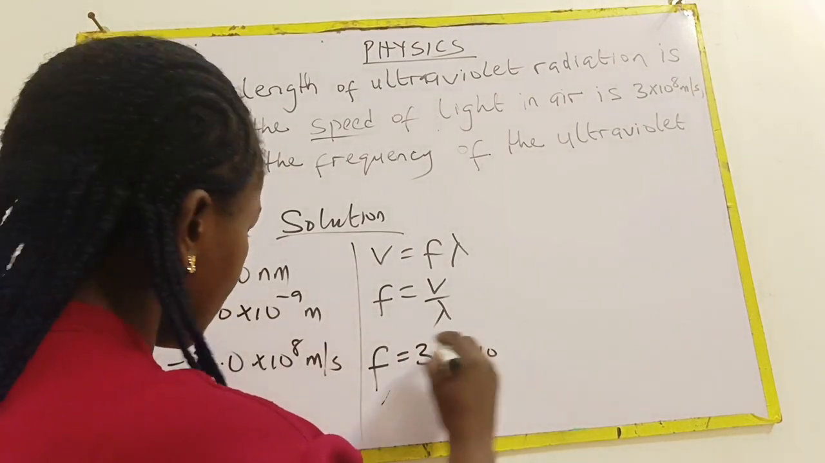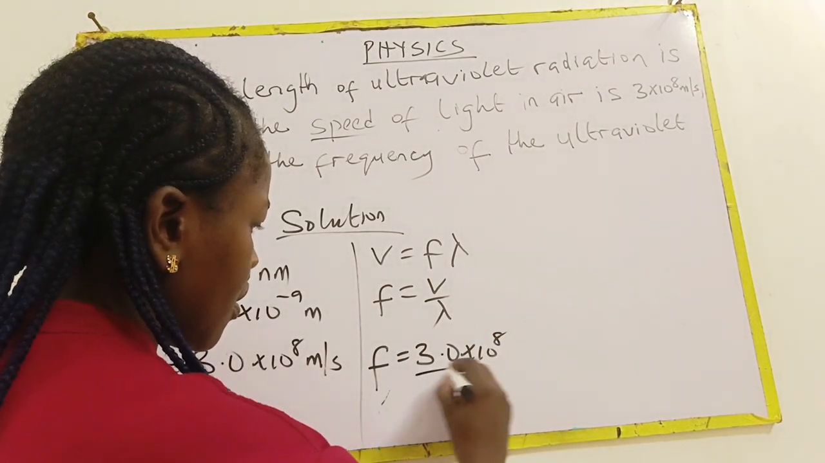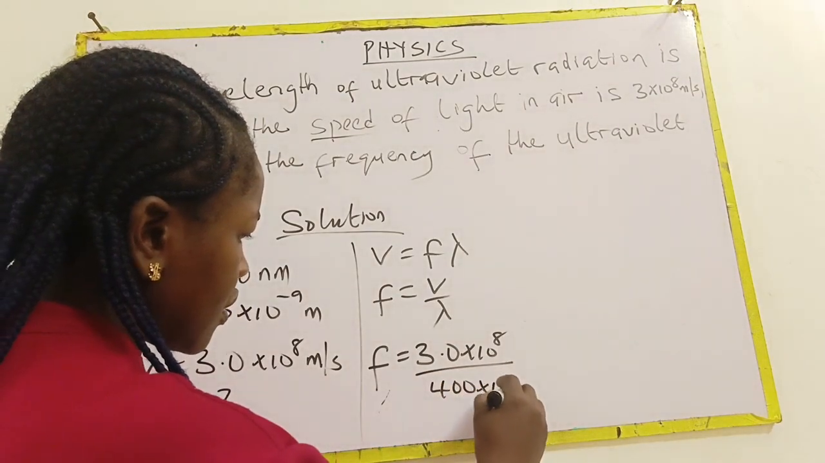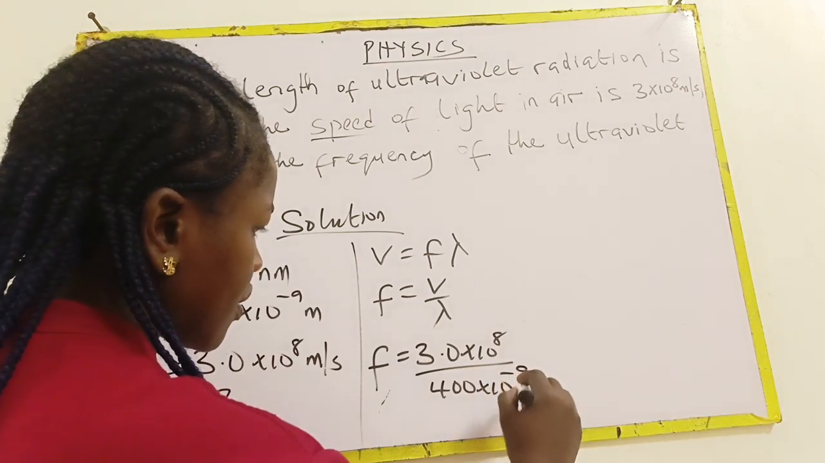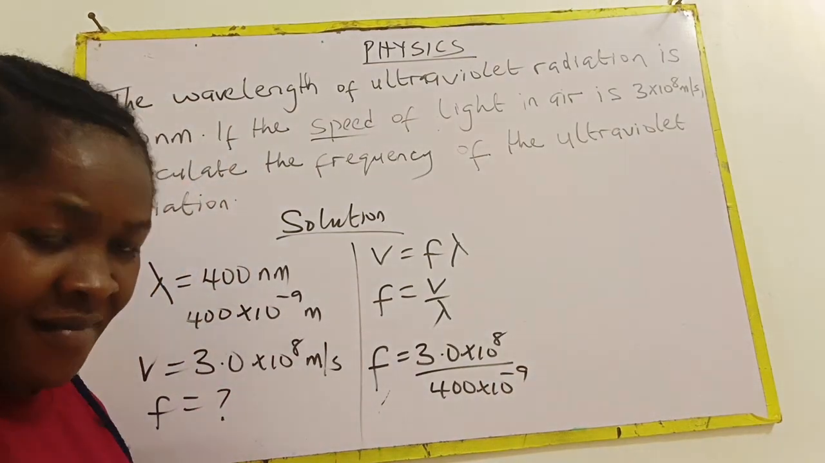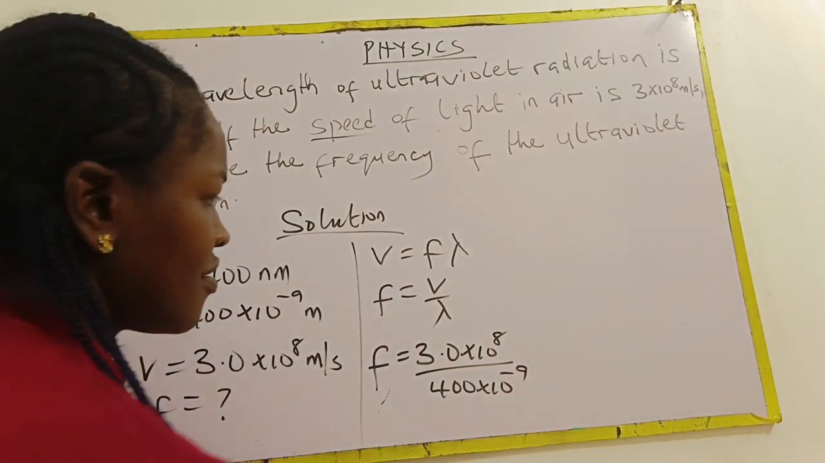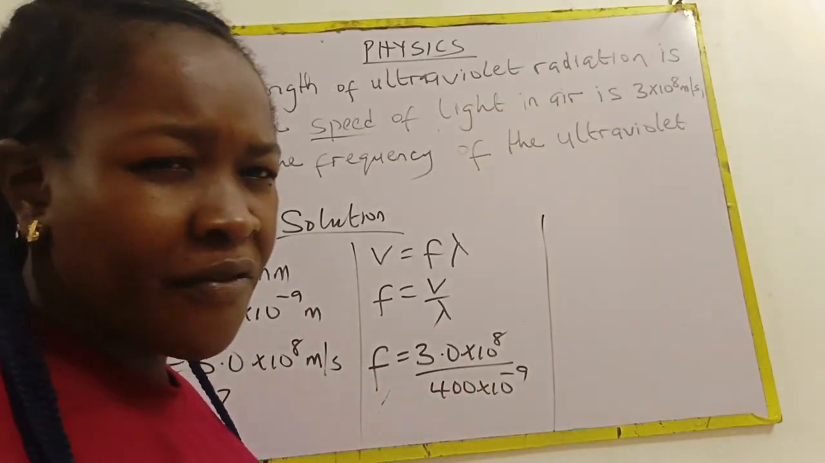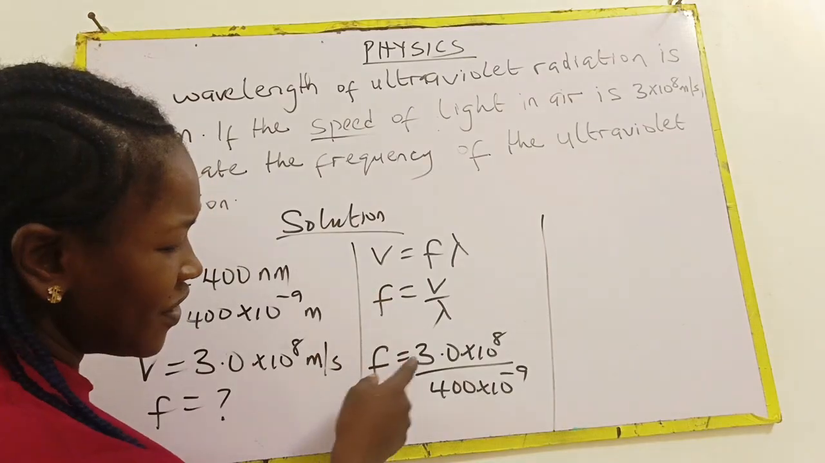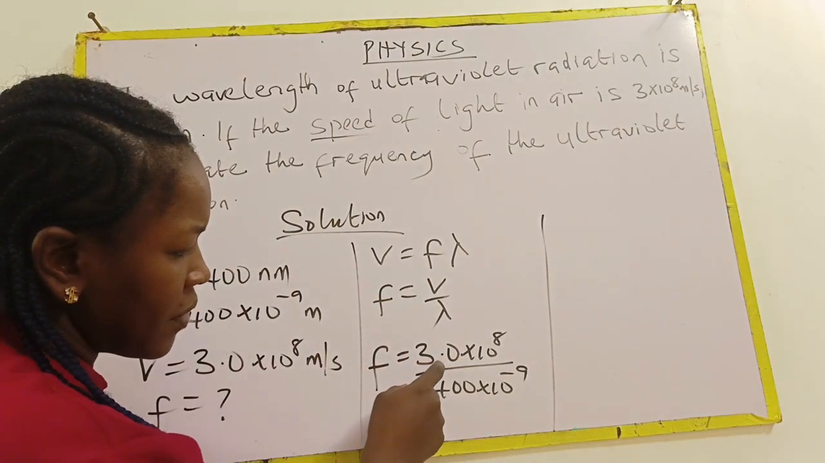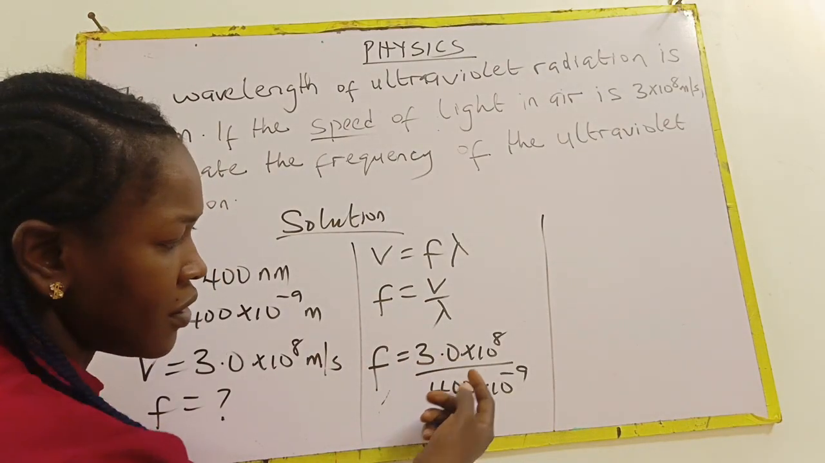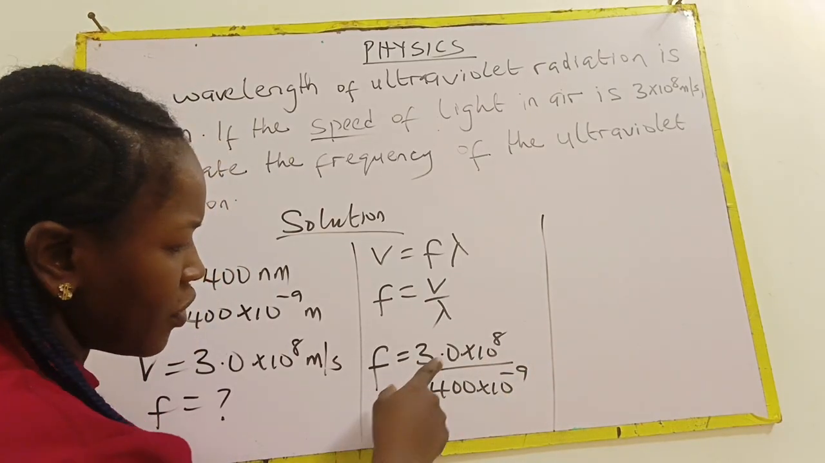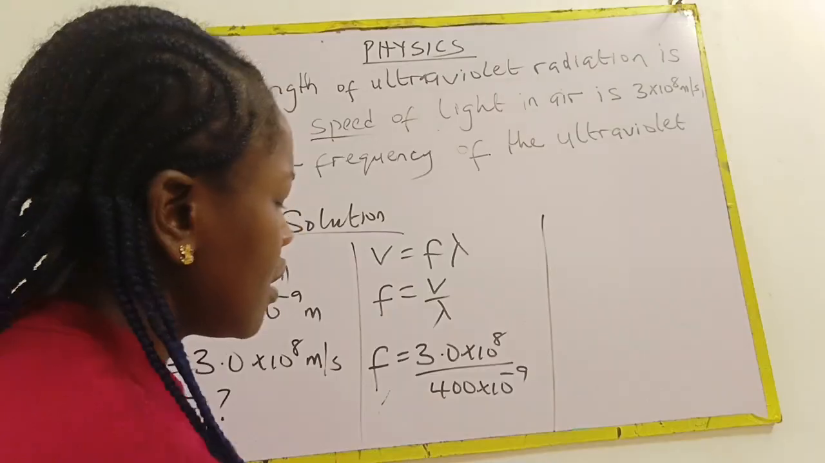Now f will give me, v is 3.0 times 10 raised to the power 8, all divided by 400 times 10 raised to the power minus 9. This is how it goes. So when you have this kind of problem, first of all divide the whole numbers. So 3.0 and 400 are whole numbers. Now this is what? Indices. So 3.0 divided by 400, I will have